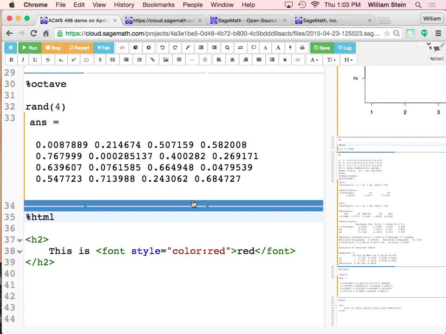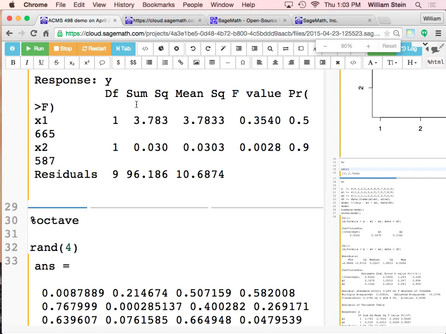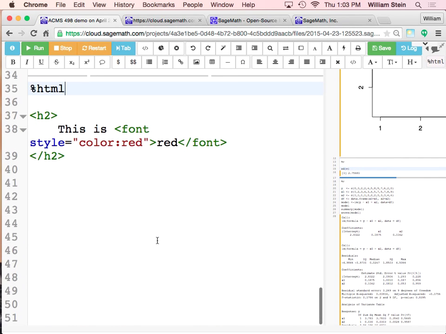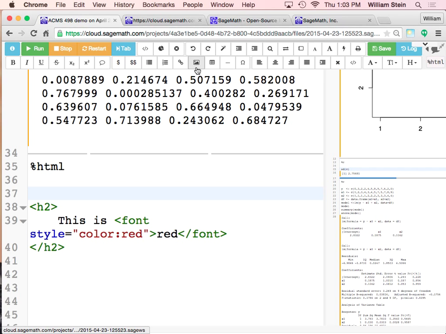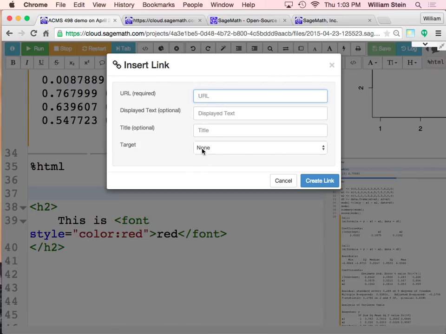I know this is small, so maybe I should make it a little bigger. If I want to write some HTML and I need to put an image in or a table or a link, you just click here, and then you can fill in a little form. And when you hit create link, it will create the corresponding link,